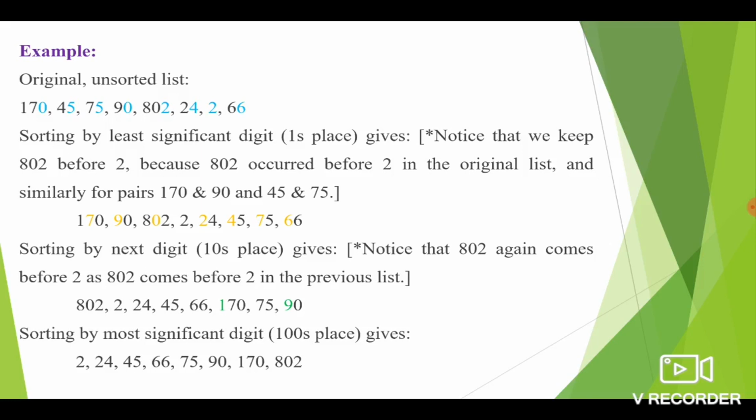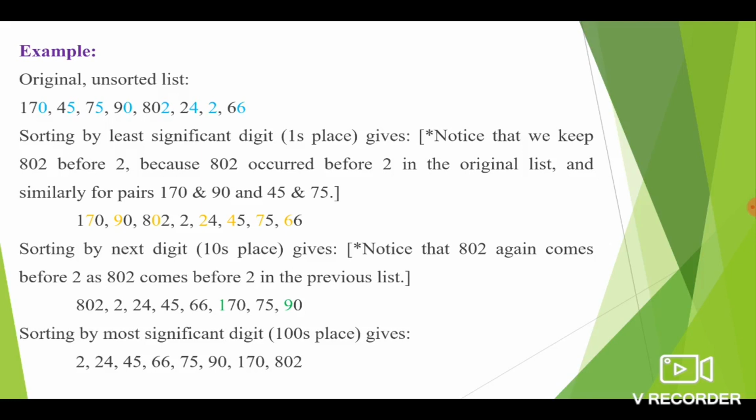So they are listed. Okay. So here you don't need to perform the swapping operation. We are just considering only the least significant digit. And you have to write the numbers as they appear in the original array. So 0 is completed and I am checking for the numbers that end with 1. So we don't have any number. So leave it. So we are searching for the numbers that are ending with 2.